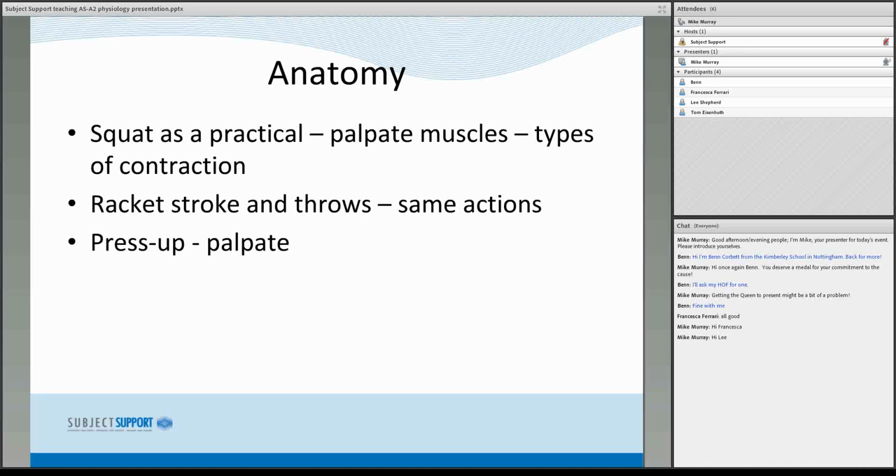Okay. When it comes to squat, racket actions and throwing and the press up, that's a bit more difficult, and I find, and it's the only thing I do that's not on the spec, I do a practical with the students that involves barbells and dumbbells, but just because my center is mixed, there's boys and there's girls, and I don't want them to do palpation, which is feeling muscles, in legs for obvious